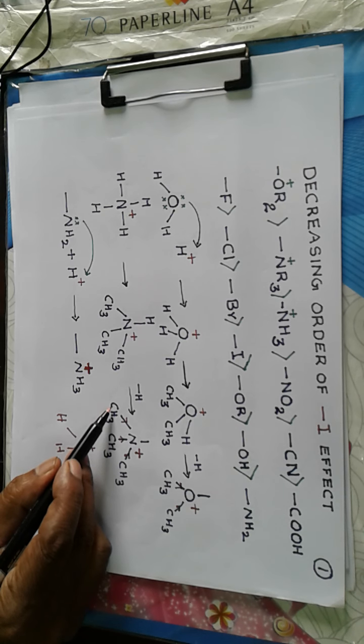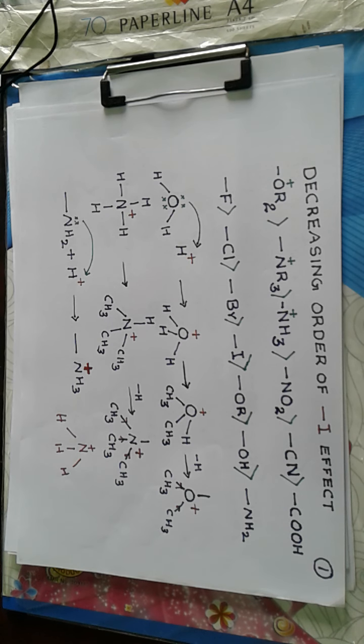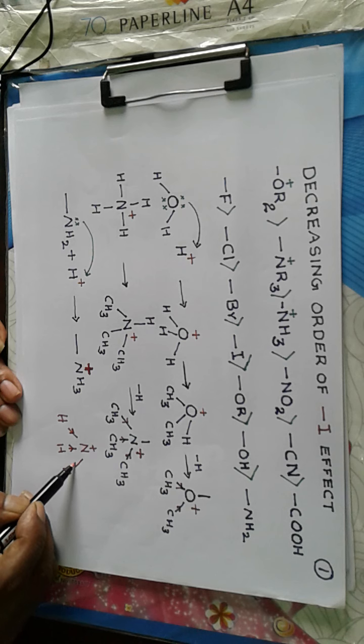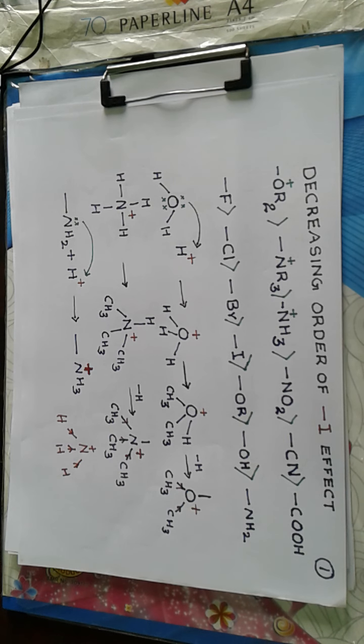Now electronegativity of carbon is 2.5 and that of hydrogen is 2.1. So the pushing of electron pair towards positive nitrogen in the case of N-H bond will be less than the pushing here, because hydrogen is less electronegative, so that N positive can strongly attract the electron pair between N positive and H. So in ammonium ion, ammonium group,